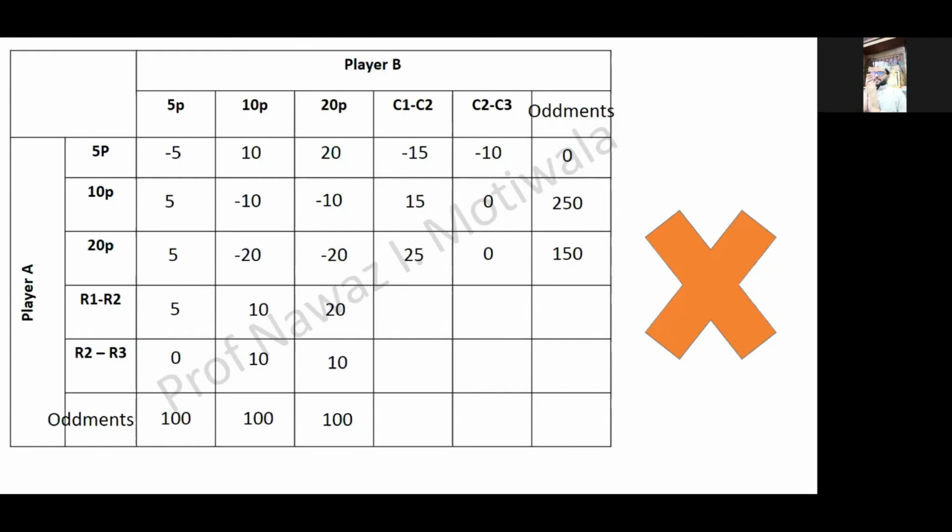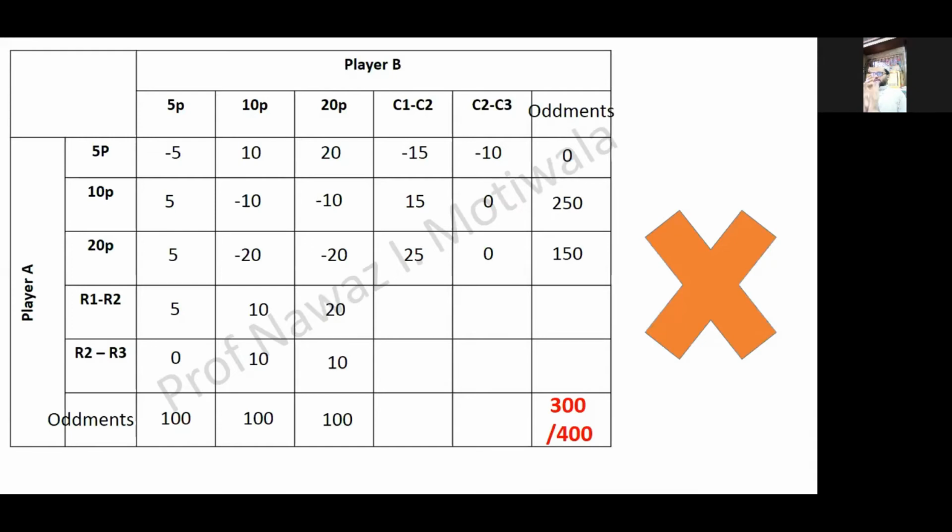Now you can see there is a big cross mark on the right hand side. Why is it so? In the previous problem you must have seen I told that the total number of augments should always be equal. That means the row-wise augments should be equal to the column-wise augments. Now in this case, if I total the row-wise augments, I get 300, and if I add the column-wise augments it will be 400. So once I am getting 300, once 400. That means the augments are not equal.